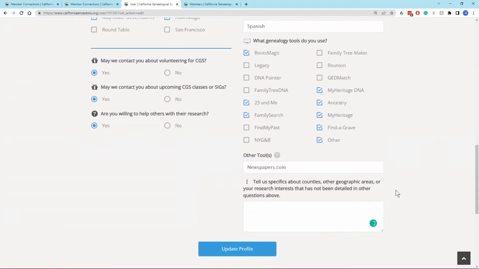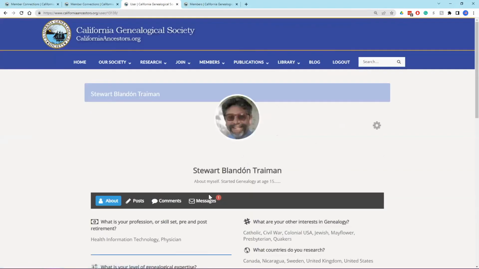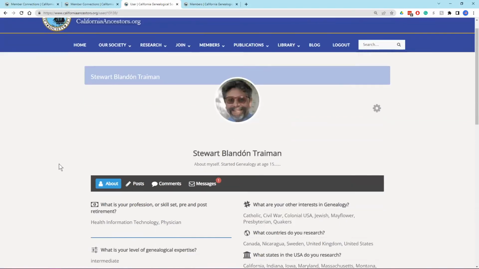Once that is all said and done, you're happy with it, click Update Profile. Your profile is now part of the Member Connections database. And you come back to this screen where you can see now